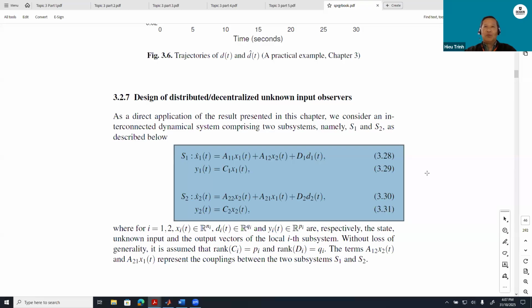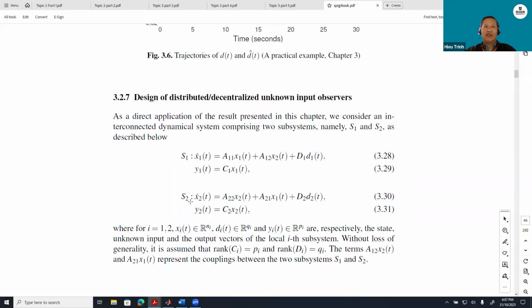When we talk about distributed, we also mean referring to the flow of output information from this subsystem. It can flow into the observer for this system, and vice versa. When we're talking about the totally decentralized unknown input observer, what happens is even though they are dynamically coupled together, when we actually do the design of the unknown input observer, we only use a local output measurement vector. So that will be discussed in the next